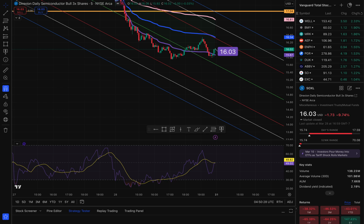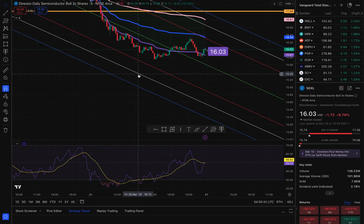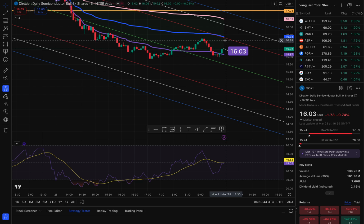This is Soxl on the 5-minute time frame. Here are your price targets for Monday. We ended the week at $16.03, down 9.74%. To the north side from where we are takes us to one level of resistance and a potential take profit area at roughly 1631,